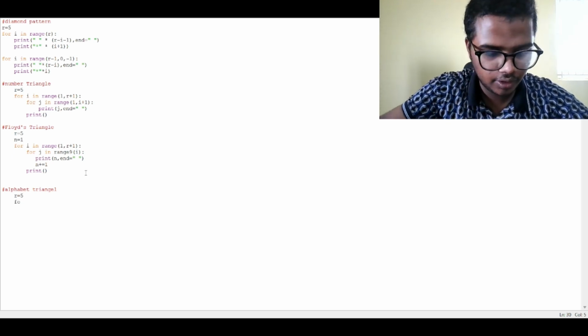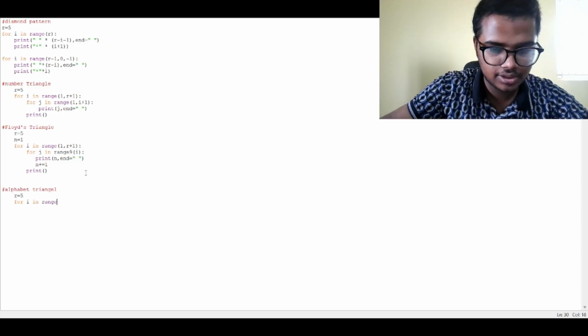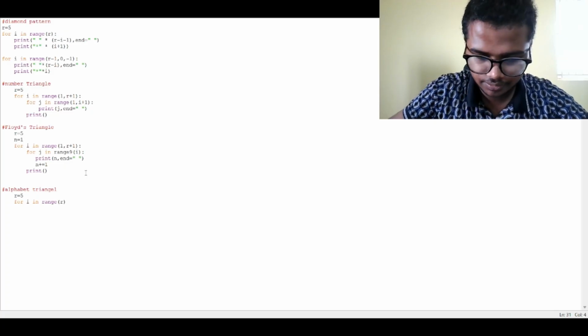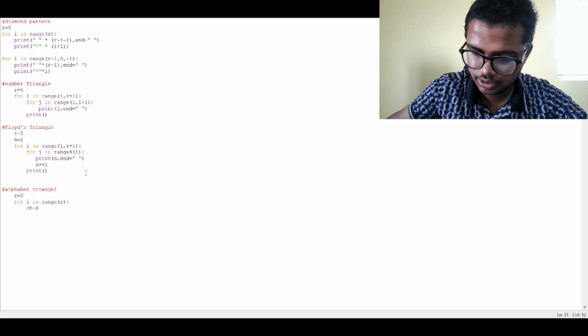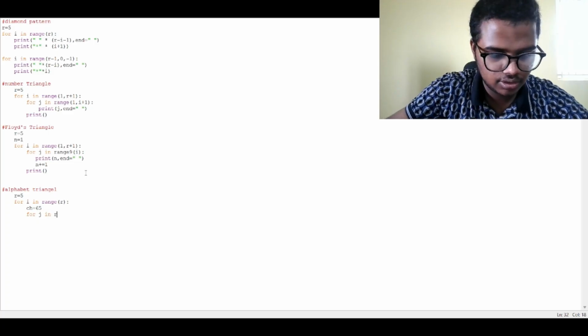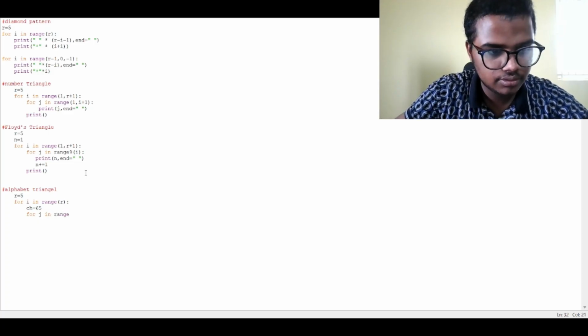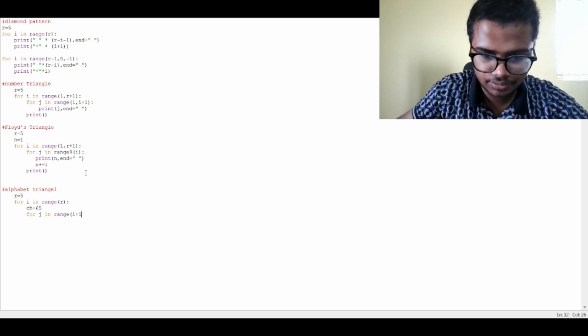Then for i in range of R, then CH is equal to 65. Then for j in range i plus 1,